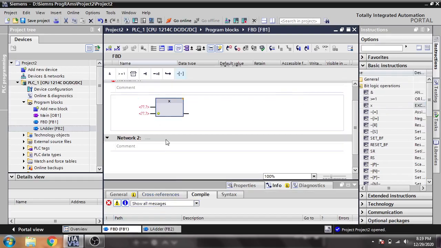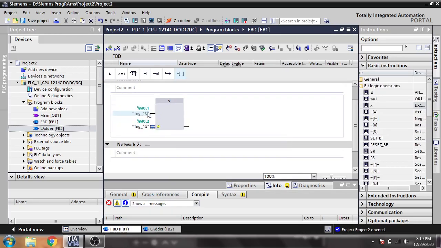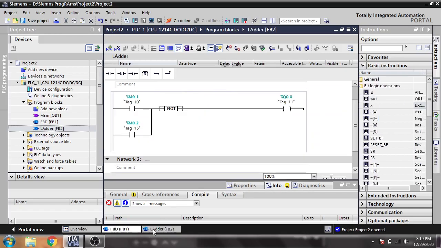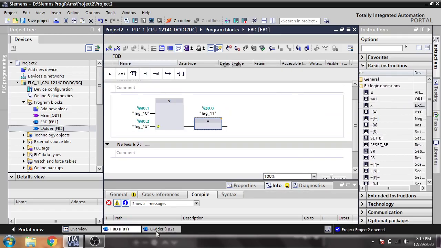So how will it invert? I'm going to use that M0.1 there and 0.2 there, and it will invert our language. So I'm going to output, you will see, the Q 0.0. So both are working the same. That is our ladder.